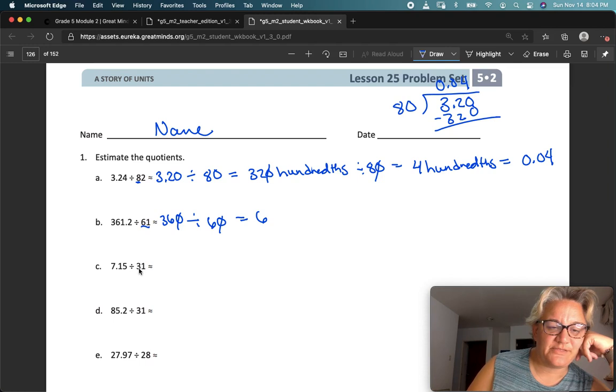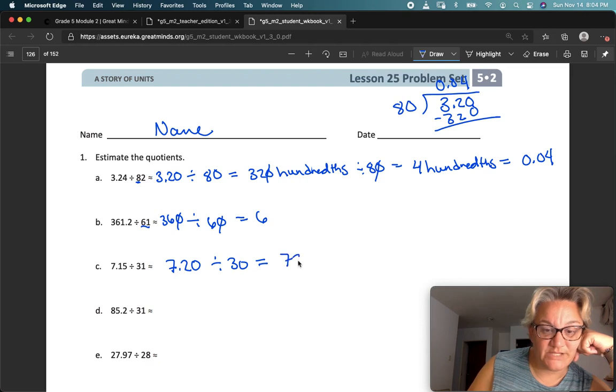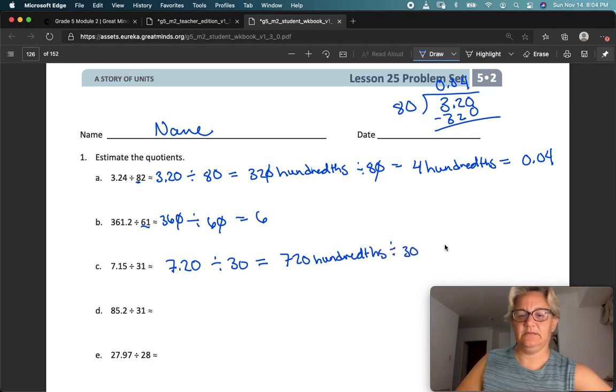Let's see, 30 into 72. Okay, let's check that out. So let's see, 7 and 20 hundredths divided by 30 equals 720 hundredths divided by 30. Okay, so